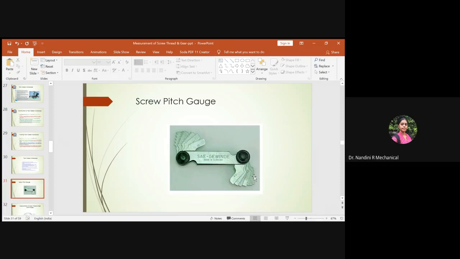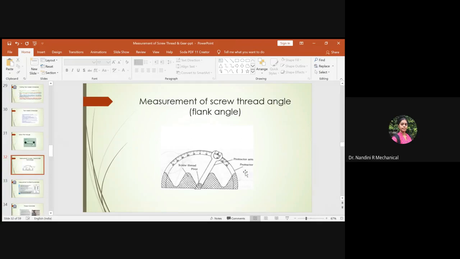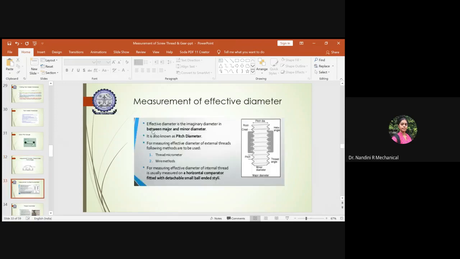Okay, screw thread, and then the flank angle. So how to measure the flank angle? You can see it just looks like a protractor. So you have a protractor arm, and you can just clamp it to one side of the thread here. That will be your reference angle. And then again, you swap the protractor arm to the other side of the thread here. The difference between the angles you are getting will help you in determining the flank angle. So even this we have explained.